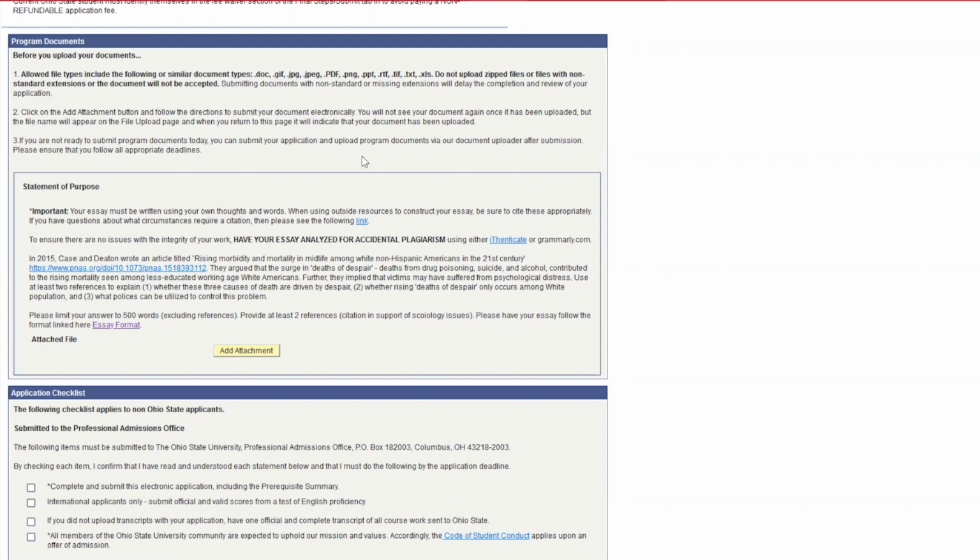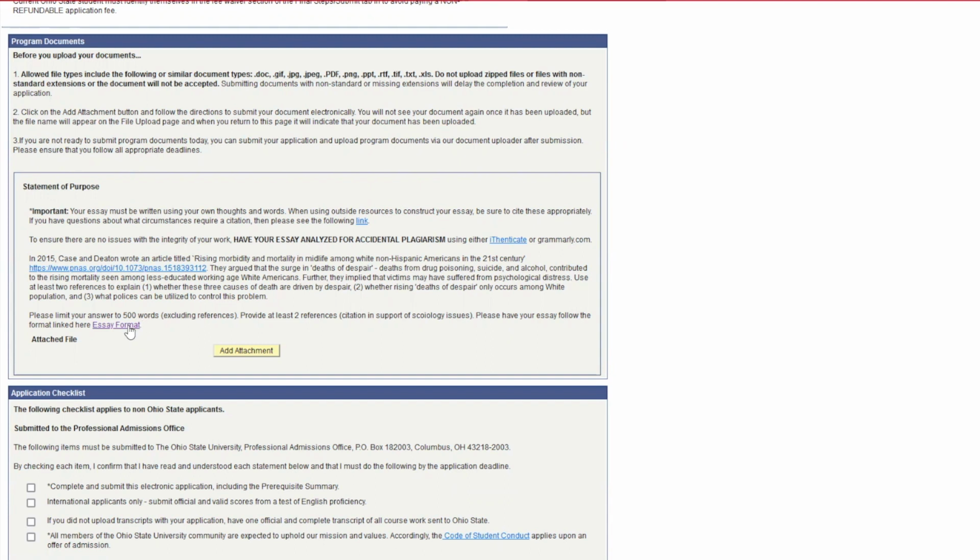We do ask that it is a 500-word essay. This does not include your references that you cite. It is the text of what you are writing back to us. We also want to make sure that you are analyzing your own document for any accidental plagiarism. We provide links for that as well. And we also want to make sure that you are filling out this essay in the appropriate format. And this was actually asked of me by our faculty reviewers.